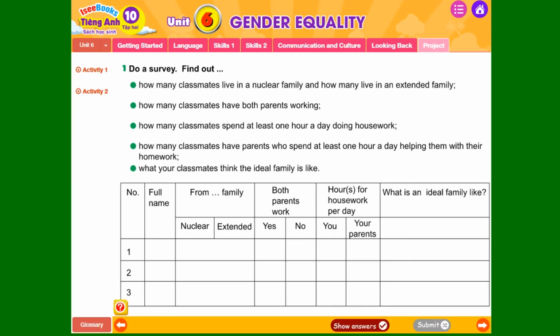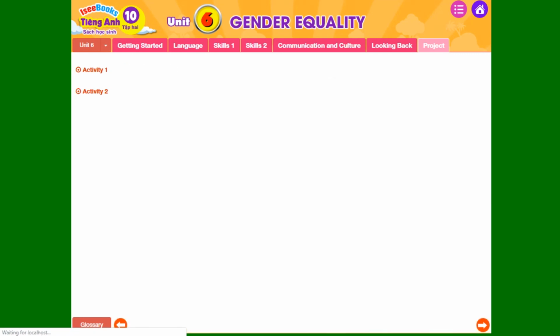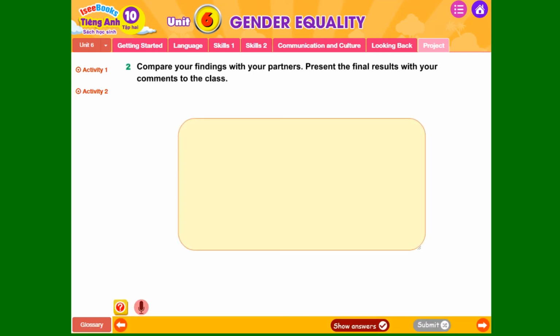You can see that you have a survey and it is the form of the survey for you. 2. Compare your findings with your partners. Present the final result with your comments to the class. Now, after doing the survey, compare your findings with your partner and present the final result with your comments to the class. And if you use iSee Books, you can press on show answers to consult more information.